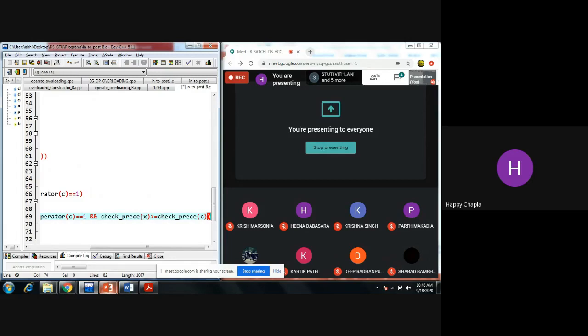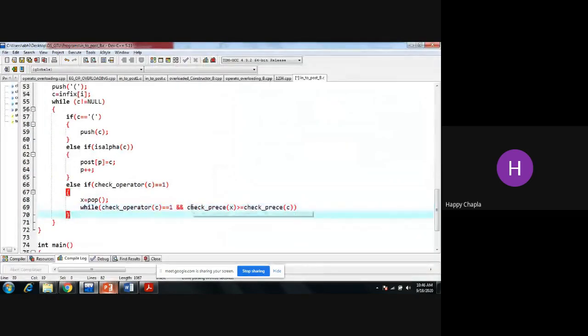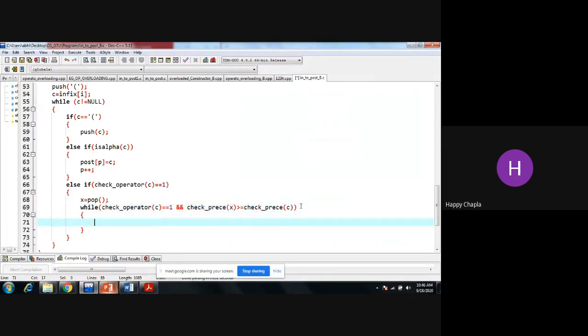X means my stack top of the stack value. Okay, here I am checking the top of the stack value is greater or equal to whatever operator is coming from the infix. Okay, then what we have to perform? So first of all, we need to take that x, the top of the stack value, pop it out from the stack and insert it into the postfix expression.